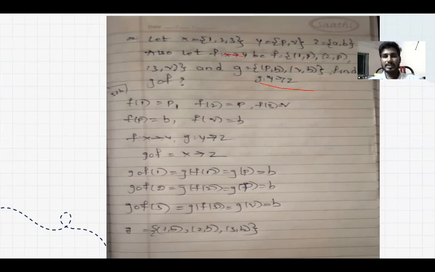So when we see in this relation f equal to (1, p), (2, p), (3, q), f of 1 equal to p, f of 2 equal to p, and f of 3 equal to q. And when we go to the g relation, which is from y to z, (p, b), (q, b) means g of p equal to b, g of q equal to b. When we solve a composite function, they give clues like f maps from x to y, g maps from y to z. So g circle f means f maps x to y, g maps y to z.